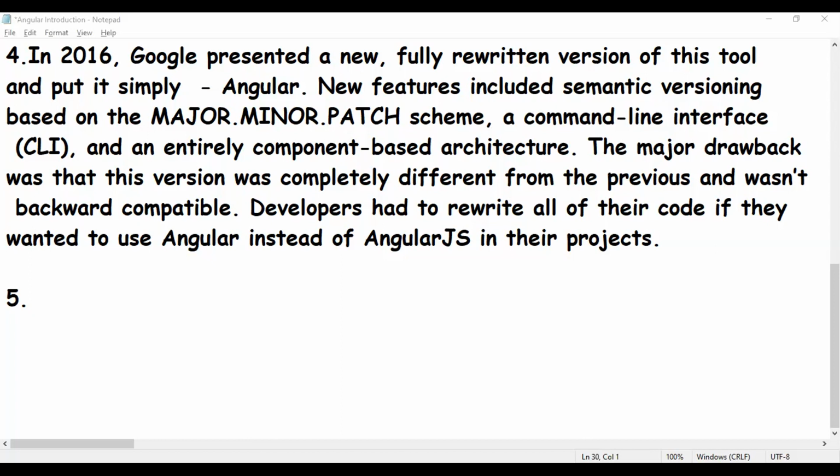Ivy is Angular's rendering pipeline and view engine, and it is the next generation of the Angular renderer.